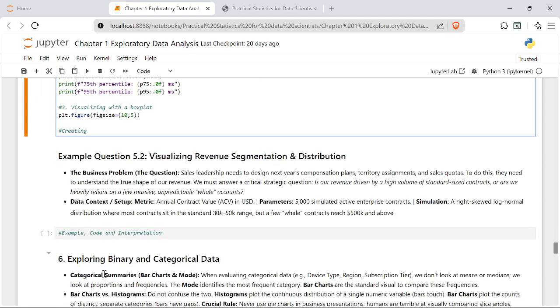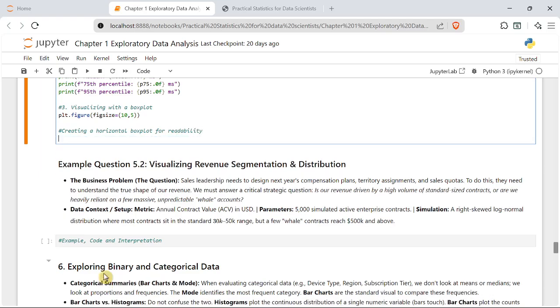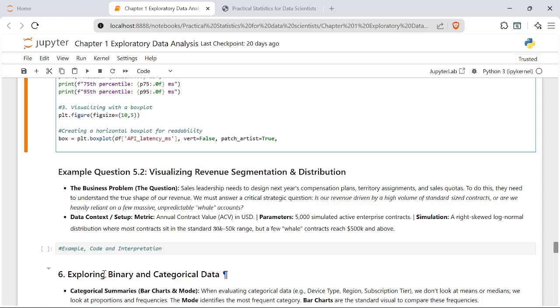Creating a horizontal box plot for readability. box equals plt.boxplot(df API latency ms, vert equals False, patch_artist equals True),